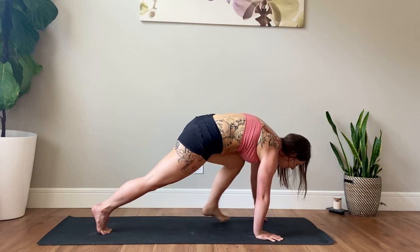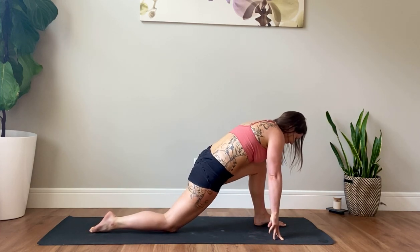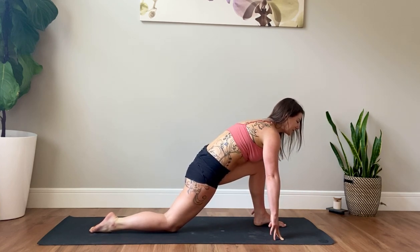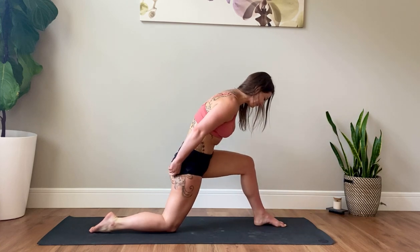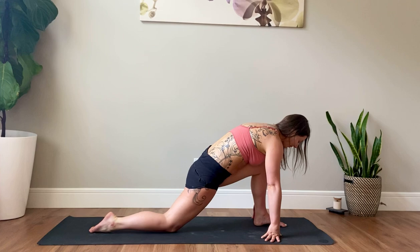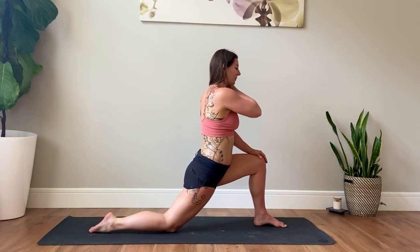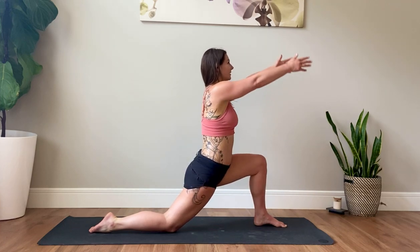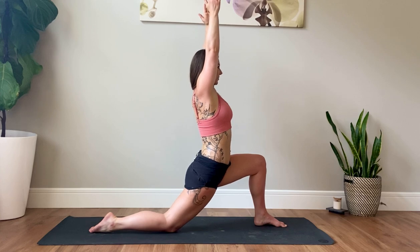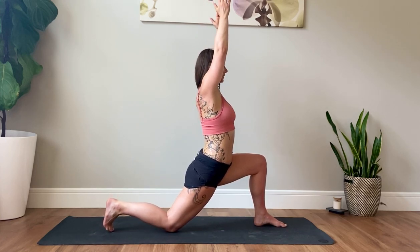Step it through between the hands, lowering the back knee down into your low lunge, pulling the left hip back, squeezing the right glute, and then staying low here, coming up onto the left knee. If you want to go further, reaching the arms forward and up, looking forward or up at the ceiling, shoulders relax down the back, and then keeping the back knee lowered, or if you want to go further into it,